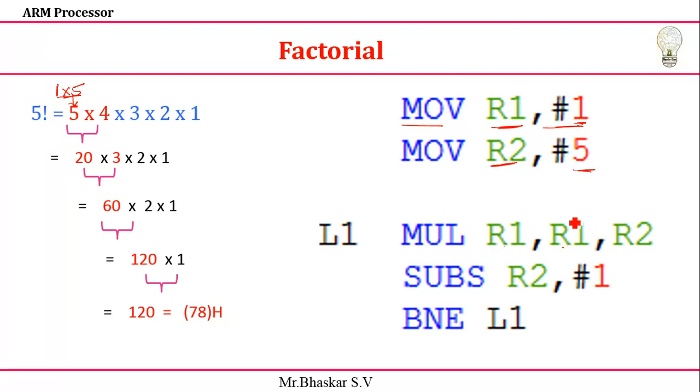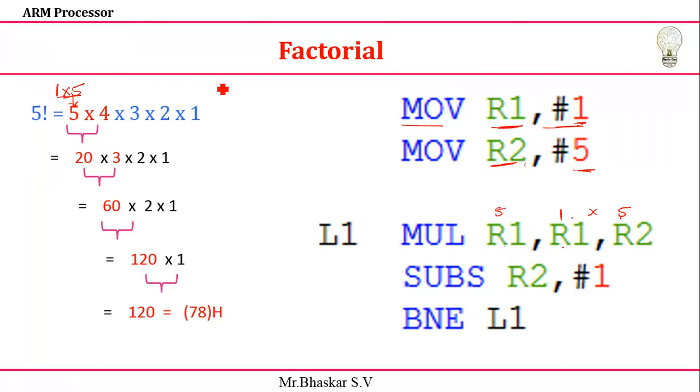This R1 value I'll take it is 1. R2 value I need to take it is a 5. The multiplication of these two results I need to store in one of the resistor. Okay. So what I'll do, I'll just multiply and I need to store 1 cross 5. I'll get the result it is 5. 5 I'm going to store in my R1 resistor. Okay. So how we are going to get this one?